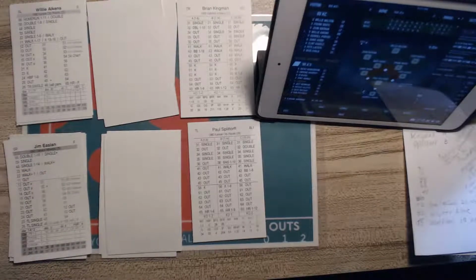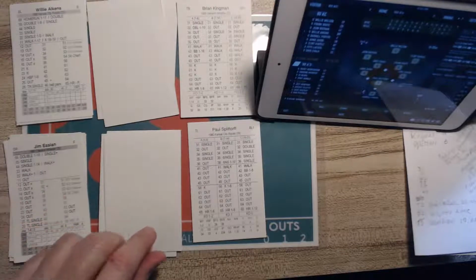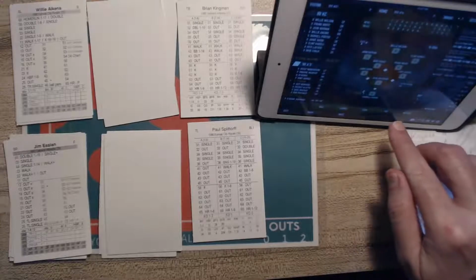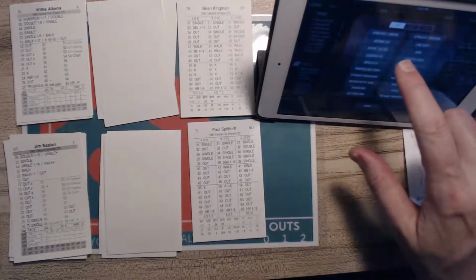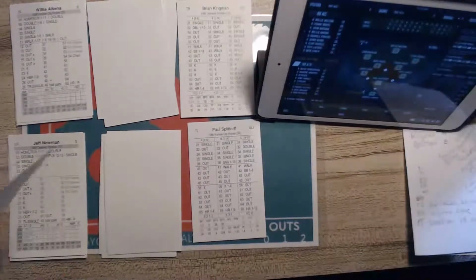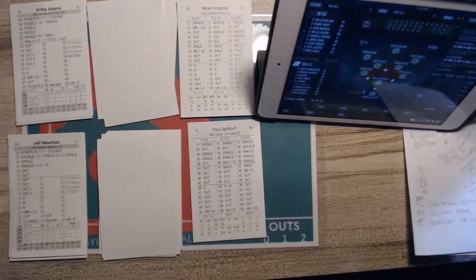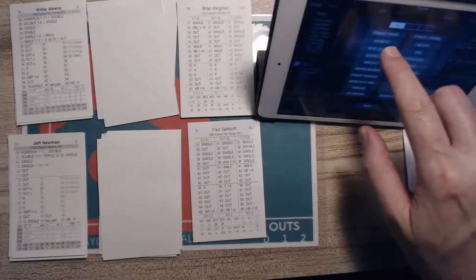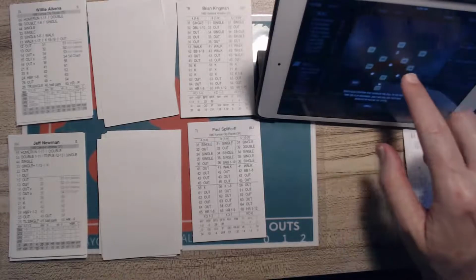Here is Jim Essian. Essian is 0 for 2 today. That's a 43. 43 is a blank. Splittorff on a 43 is going to be a fly ball left field. This time it's a shallow left field, and Wathan racing in, Chalk going back, and Wathan calls him off. 2 out. Jeff Newman. That's a 42. 42 is a blank. Go to Splittorff, and that is going to be a ground ball hit hard down the line. Jamie Quirk up with it, fires to first. Low throw, but scooped out by Lecoq for the final out.